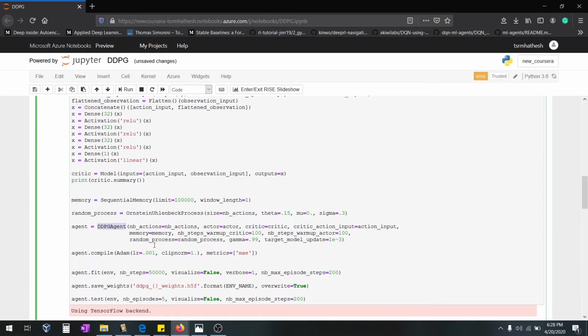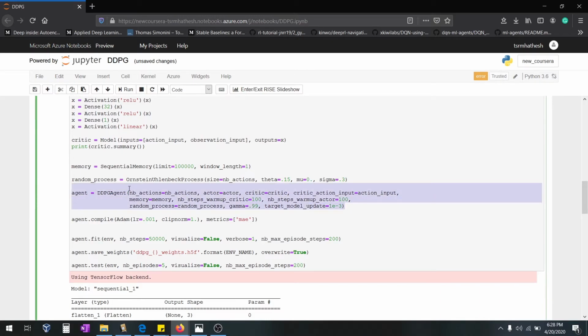The DDPG agent has many other parameters. The best thing is to download the original paper and read through all the parameters, then you can play with the other parameters which are available. To check what other parameters are available, go to the Keras RL GitHub, go into the docs, then click on the ddpg.md file. In that file you will get all the available parameters which can be modified.